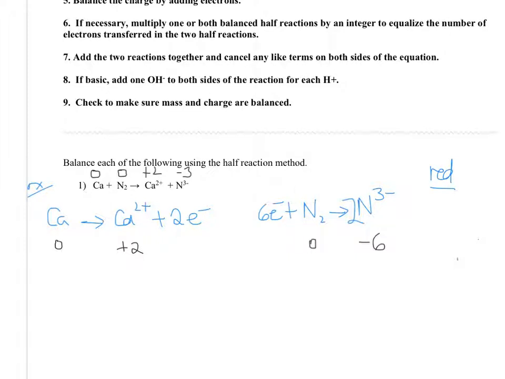And you do that by multiplying either one reaction or both reactions by an integer so that those numbers are equal. And so in this case, we have 2 electrons, 6 electrons, so you would want to multiply this reaction by 3. So this reaction is going to be multiplied by 3. So let's rewrite it multiplied. So you'd have 3Ca yields